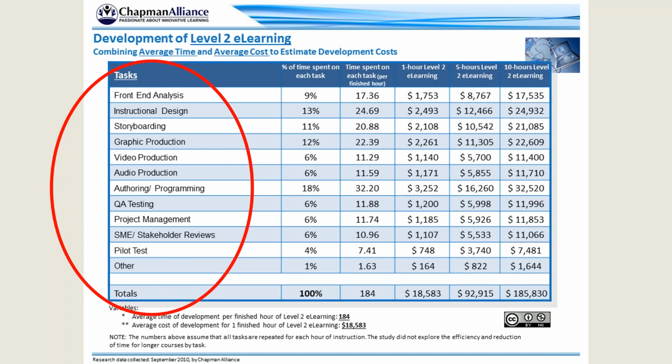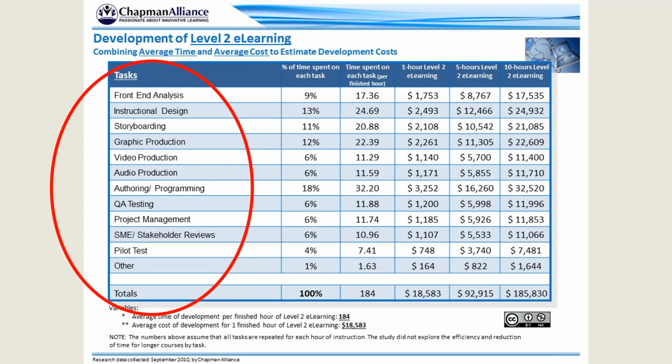Awesome, thank you. And could you please describe what is level 2 eLearning, and how many levels are there? Question from Oliver. There's a joke in the movie Kung Fu Panda where there is now a level 0. And in the Chapman Alliance, they talk about 3 levels, and I like that because it's easily consumed and understood by clients or stakeholders.